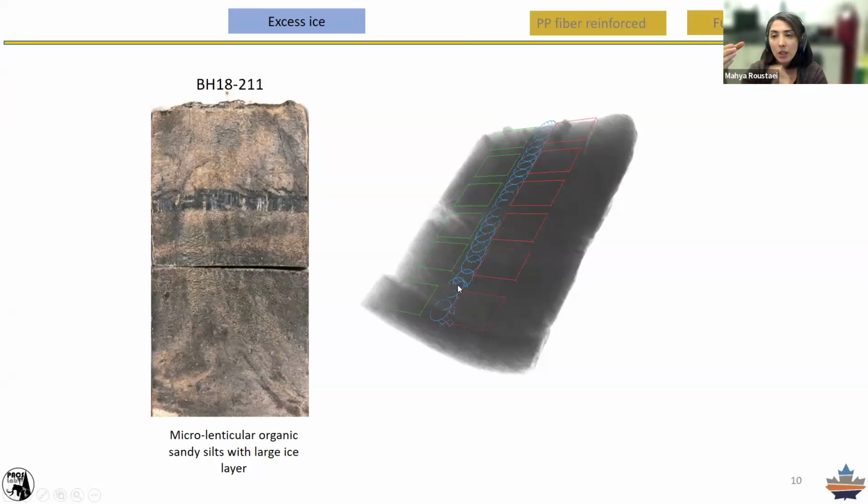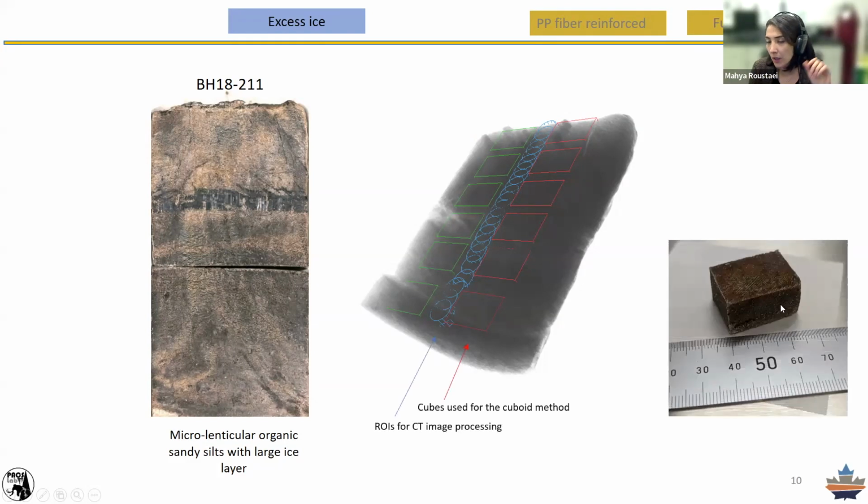But what we did with the other half was split it into 2 sets of cubes, and did the destructive cuboid method, as well as scanning the other set with higher resolution. So basically we had 2 different resolutions of our cores. One, whole core or half core, with 65 micron resolution, and the other one, which we can scan with